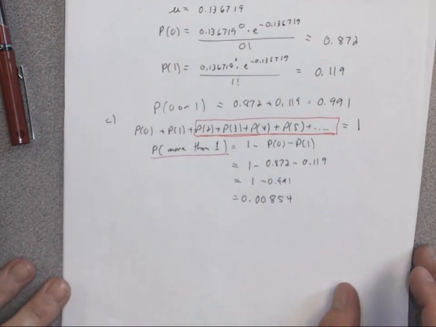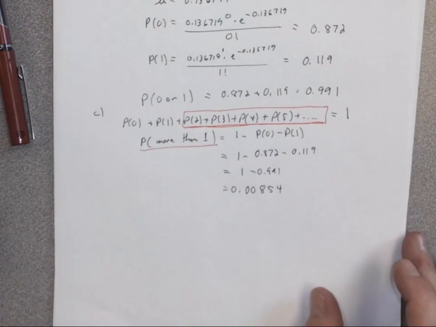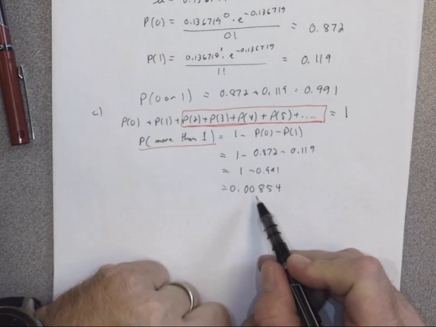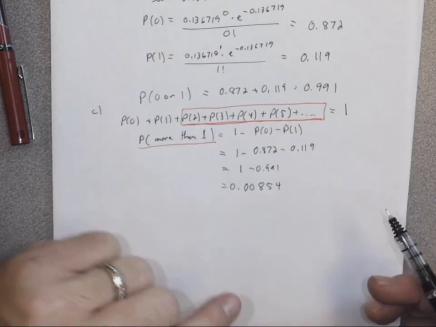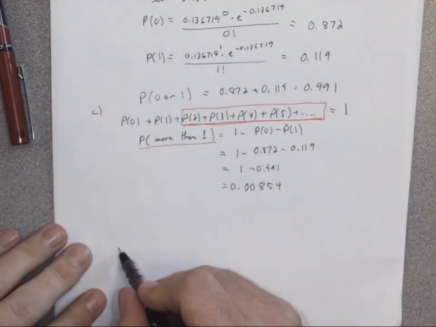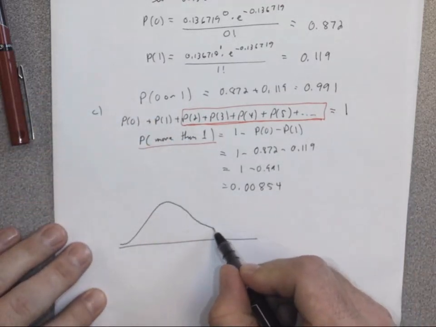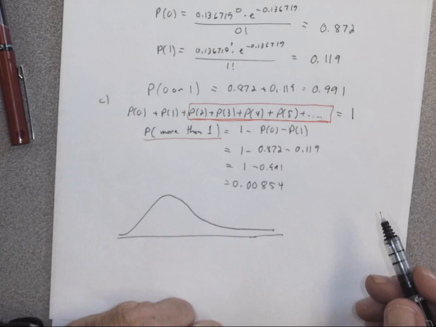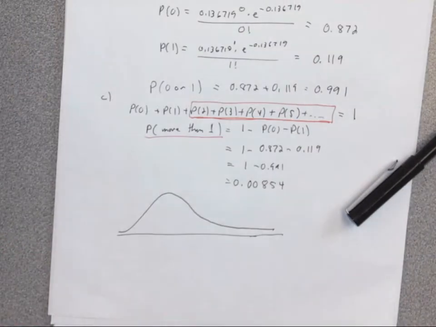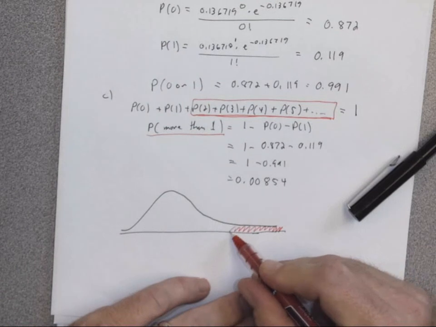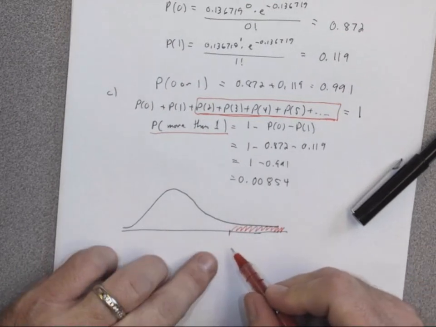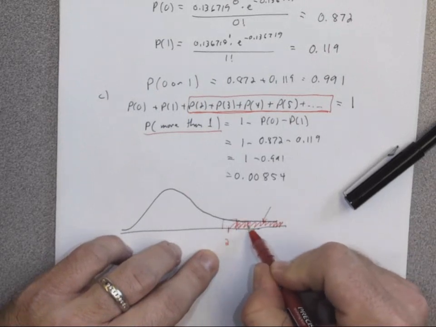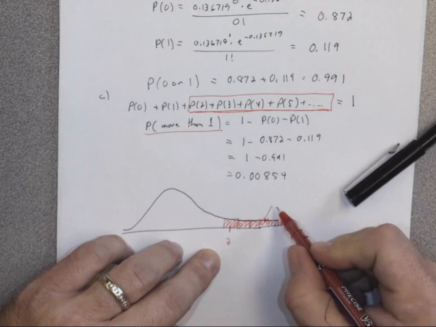All right. So the probability of getting more than 1 person with this neuroblastoma is less than 1%. So remember what we talked about as far as tails go. If you're looking at the usual values, you really want to know if your number is significantly high or significantly low. So if you add up all the probabilities, and this number right here might be 2. What we know is that area, probability of 2 and 3 and 4 and 5. If you're adding up all that area, that probability is